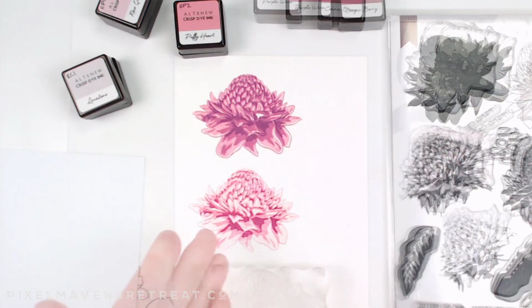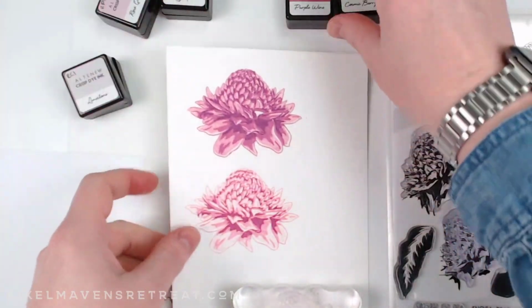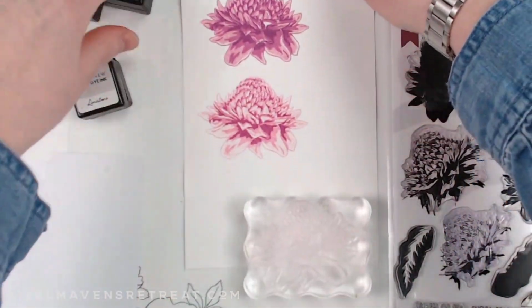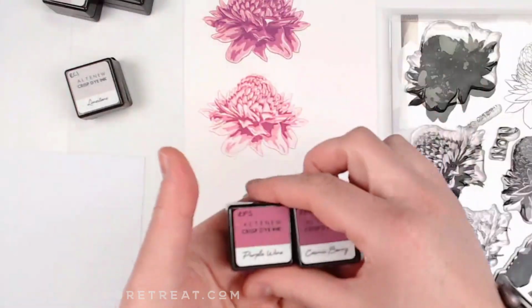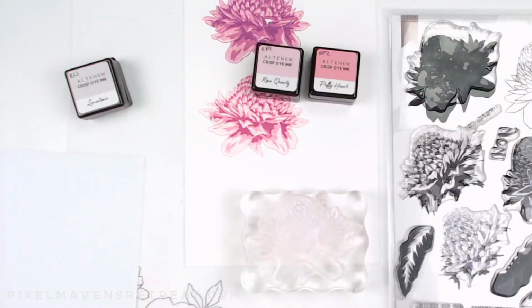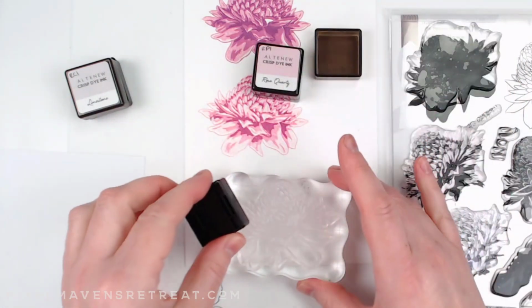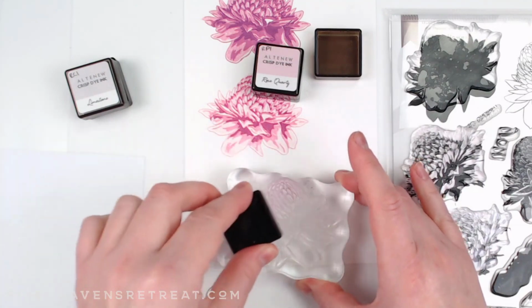And there you go. All right, so if we wanted to take this even a step further, let me move my paper up here. I'm going to omit Purple Wine and Cosmic Berry altogether and just focus on using Rose Quartz and Puffy Heart. So again, I will do the outline in Puffy Heart,